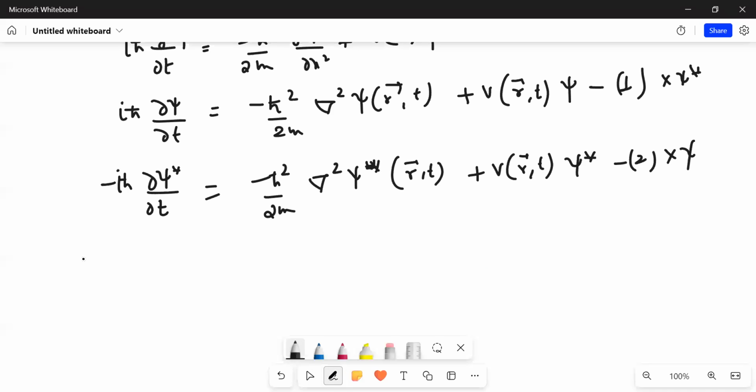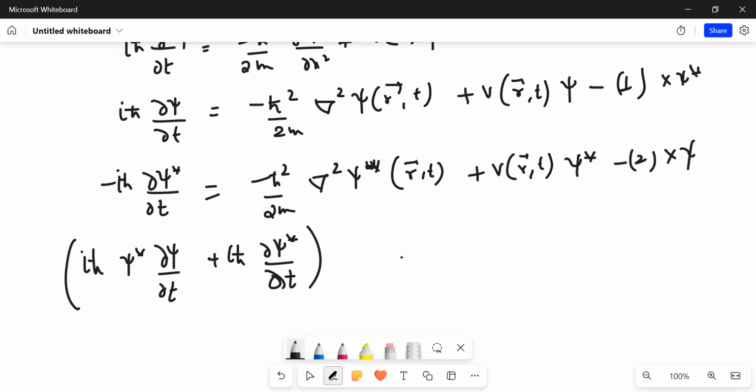So if I do so, what I'll get is iota h bar, and then I will have this psi star, and let's say I'll subtract this also. del psi upon del t, and then plus iota h bar del psi star upon del t. Okay, so this is one thing here. And if I take this up, so this will get cancelled because psi mod whole square, and here also psi mod whole square is multiplied to them. This will get cancelled, and this will prevail.